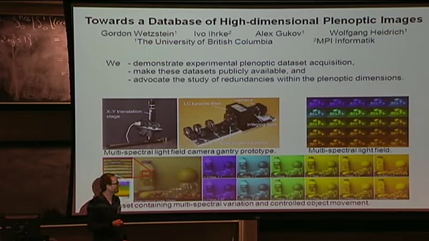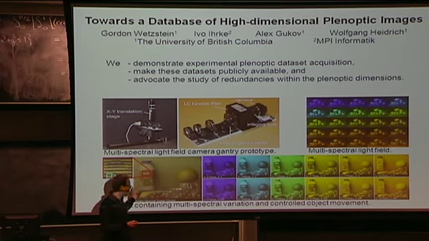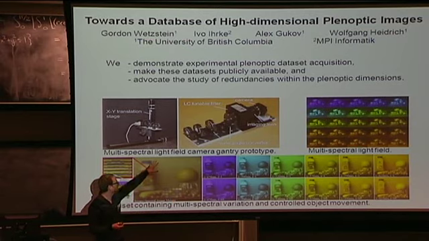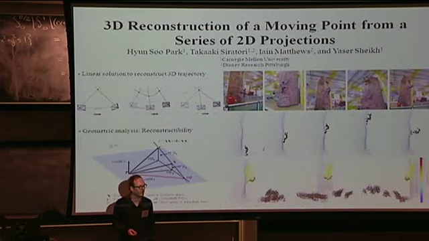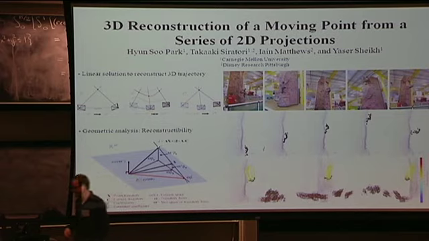We captured a bunch of multi-spectral light fields that have many different viewpoints of the scene, including global illumination effects and about 30 different color channels. We also captured data sets that include controlled motion in the scene and multi-spectral images. So here we see the custom multi-spectral camera that we built in the lab, and we can mount that on a gantry, for instance, to capture the light fields. So with this, we hope to further advance the study of redundancies within the plenoptic function and get better acquisition